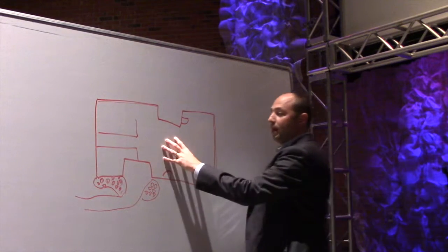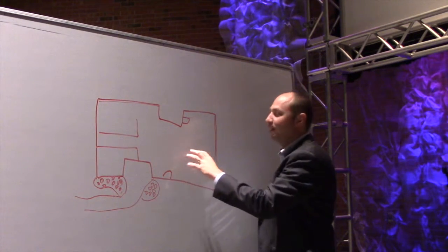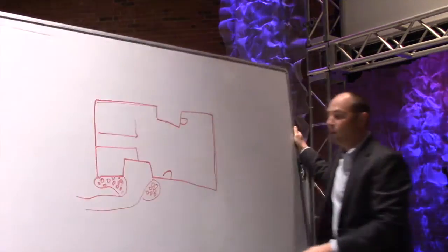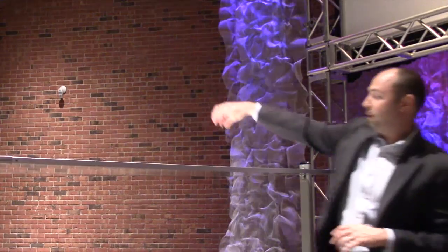This board is a crucial component of that. What we do is create a to-scale architectural design. This is not one of those, it's just my rough drawing. But when it's to scale, we've drawn it together as a team and worked together on how we want to redesign a space. We flip it up so that it now becomes a 3D design environment on which we place those Lincoln Logs